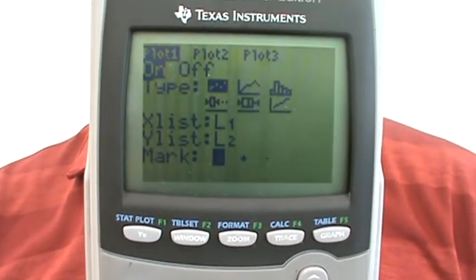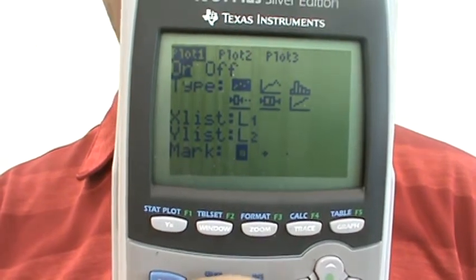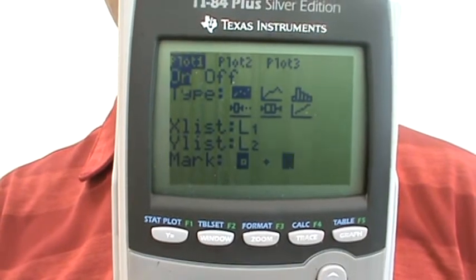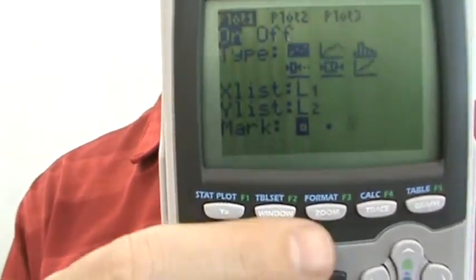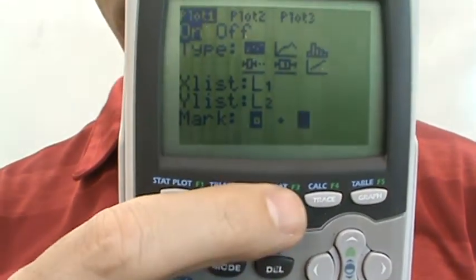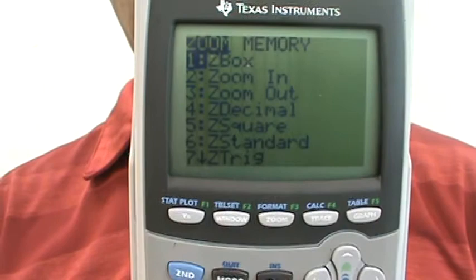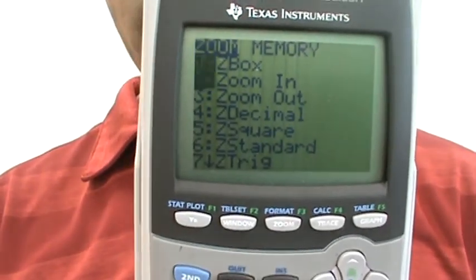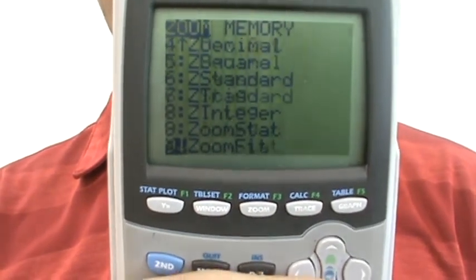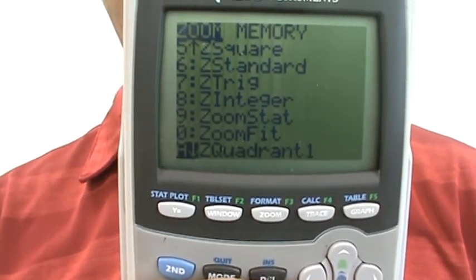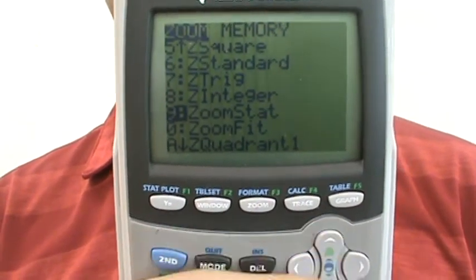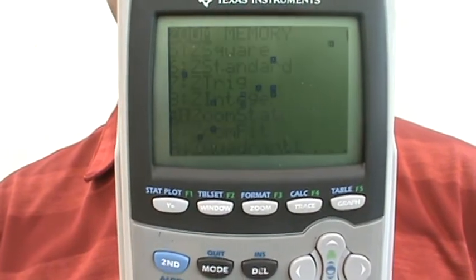It asks you what kind of mark you want. I'm just going to leave that one alone. Now at this point, all you have to do is go to your Zoom. Go to Zoom, and you want to go down to ZoomStat. There it is, number 9, and if you hit enter on number 9,